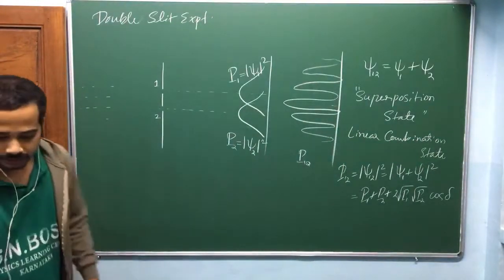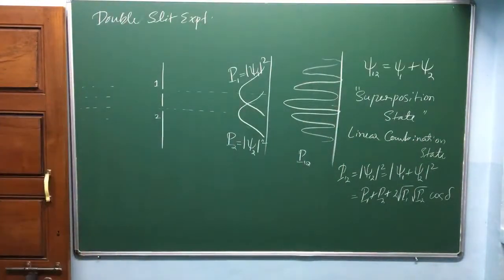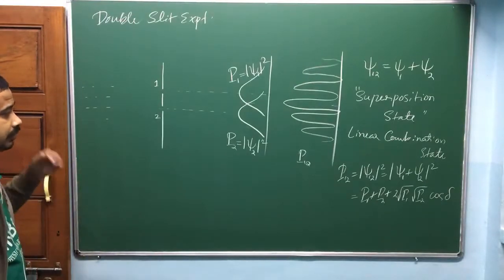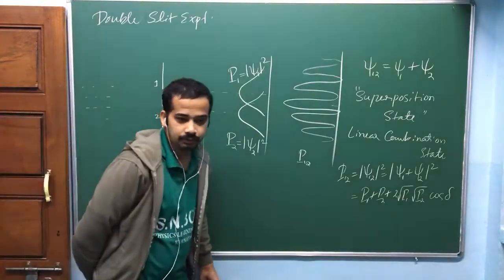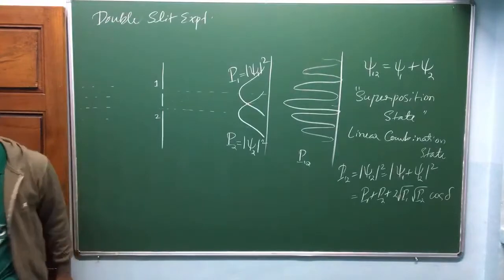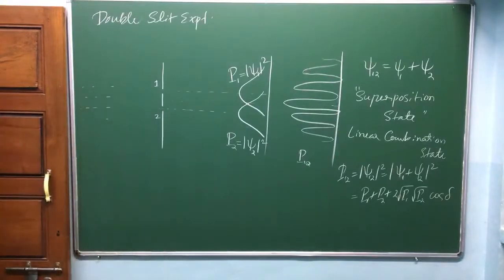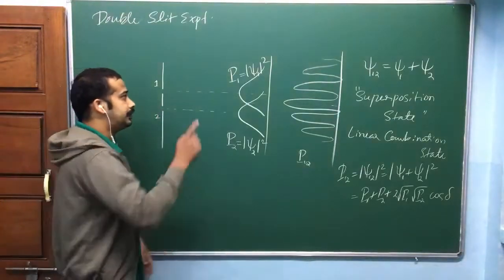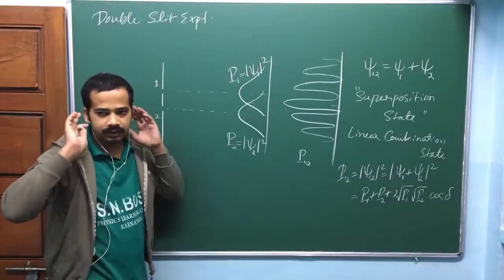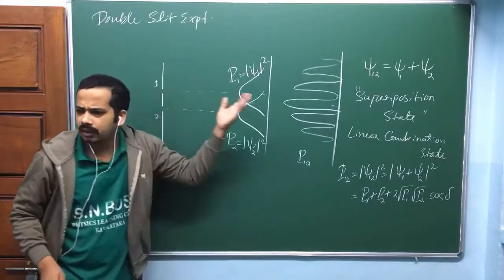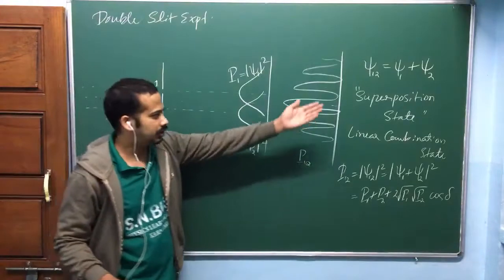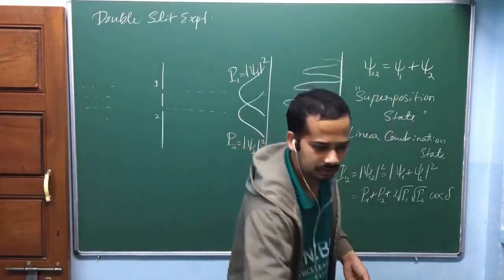Now look at here. What I told here is that a particle can be in a superposition. Again, how do you know that the particle is in a superposition state? Suppose the particles sent here are either in this state or in this state. Again, our logic says the particle should pass through either slit 1 or slit 2, isn't it? So this is quite difficult to grasp, isn't it?